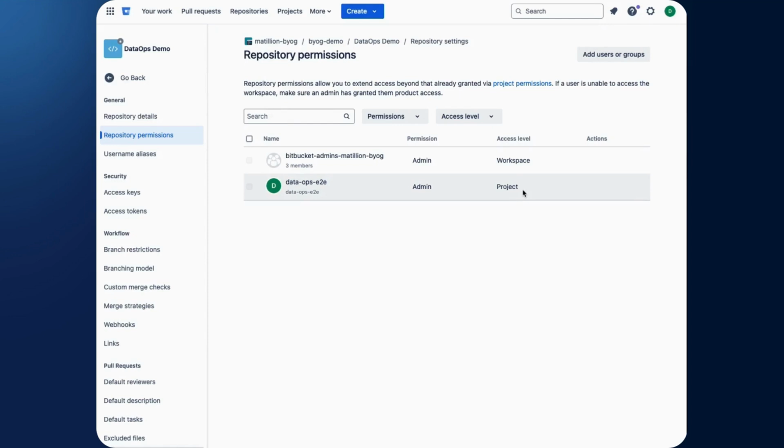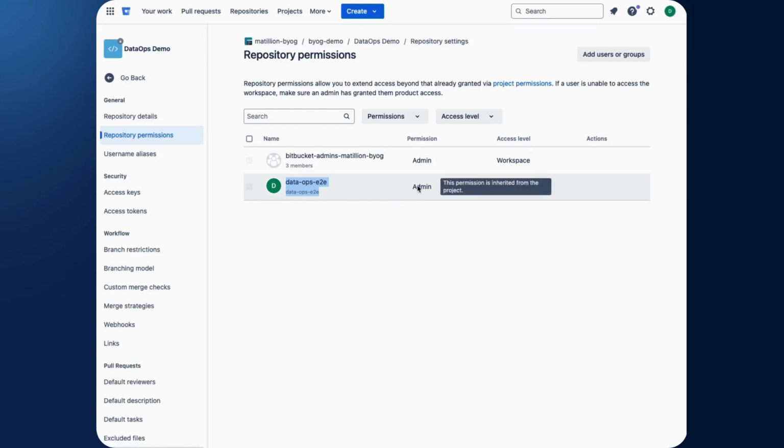With Atlassian's fine-grained access policies, this can be controlled at a number of different levels, namely on the repository itself. It can be defined at the project level or inherited from the entire workspace. So it's worth double-checking with your Atlassian admin that you have the ability to both push and pull into a repo that you'd like to use in the Data Productivity Cloud Designer.